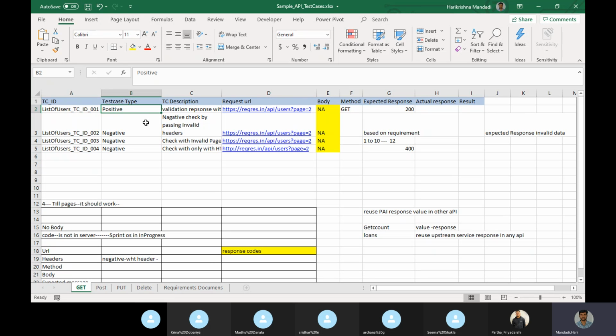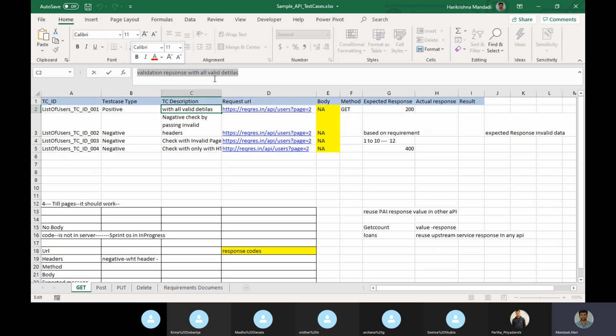I am providing a valid URL, so I should get the positive response, which is 200, and whatever expected response should come. The description: validate response with all valid details. That is the first one.